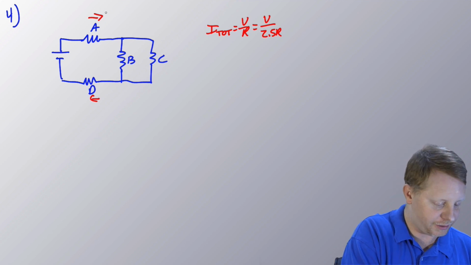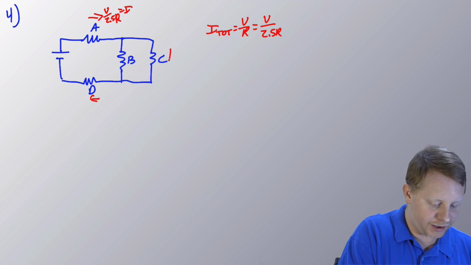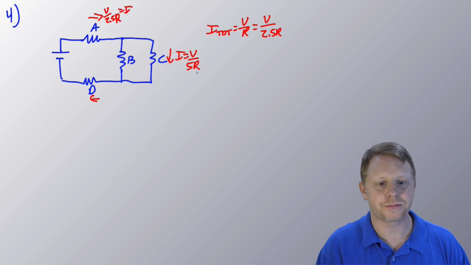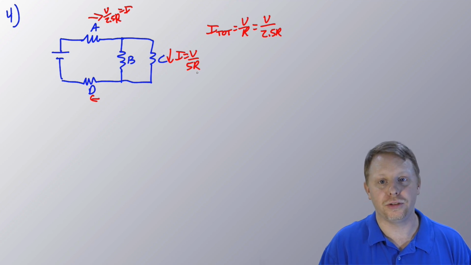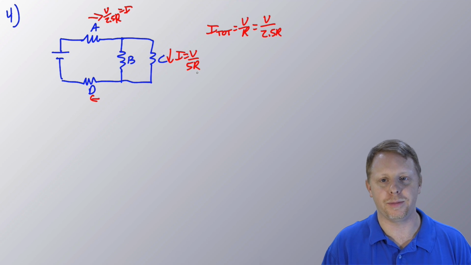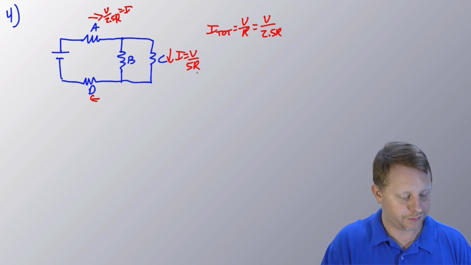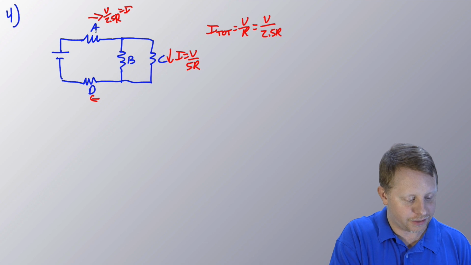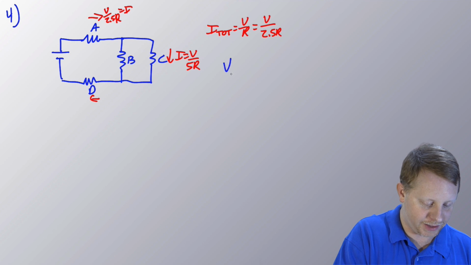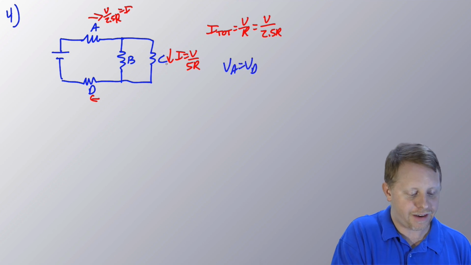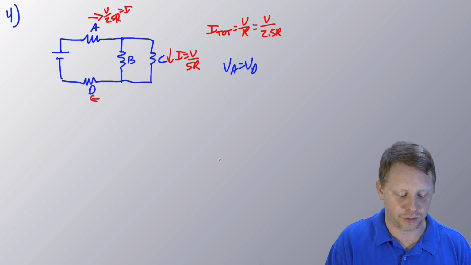So that means if this is V over 2.5R is your current through A and D, then what you have going through B and C would be half of that, or current is equal to V over 5R there. Now, the potential drop across each of these resistors we can find by Ohm's law, current times resistance. Current times resistance here is going to be the same as current times resistance there, so VA and VD have to be equal. You have half the current through B and C with the same resistance through each of those,